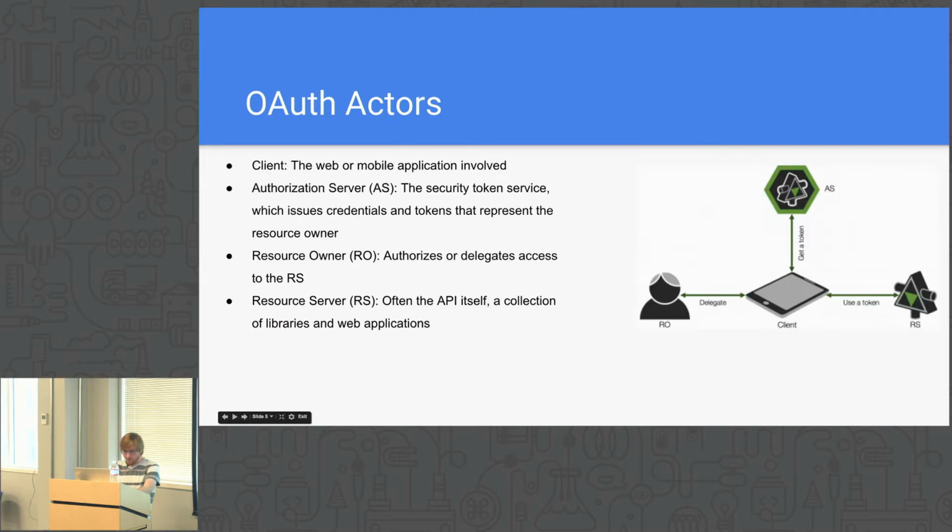Sorry, I'm trying to find my vocabulary in here. Here we go. OAuth behaves with a sequence of actors, and the protocols that OAuth implements are what allow us to do this right here. You are the agent in this scenario, right? You are delegating access to your client application, be it your mobile device, be it the web application you're working with. You need to identify yourself to it. You get back an identifying token. That token is then used to pass your credentials down to the other server, again, where you have,